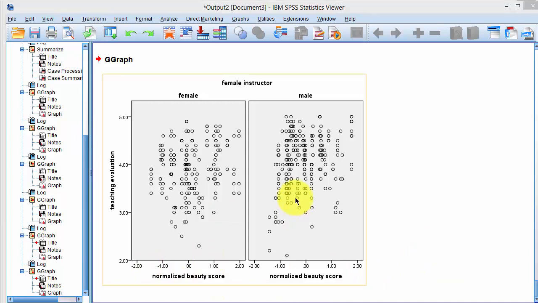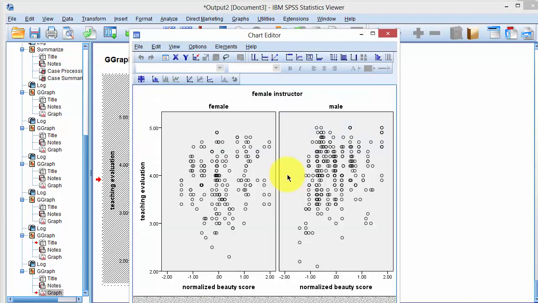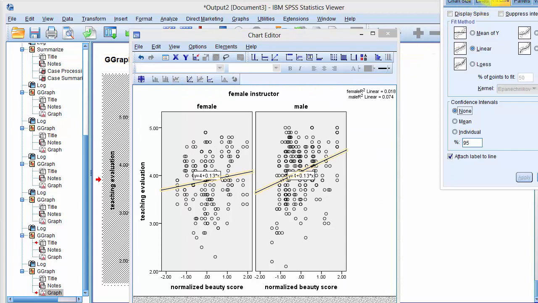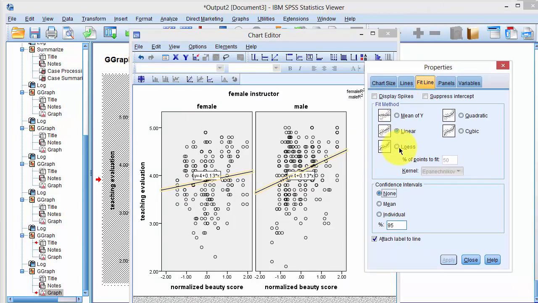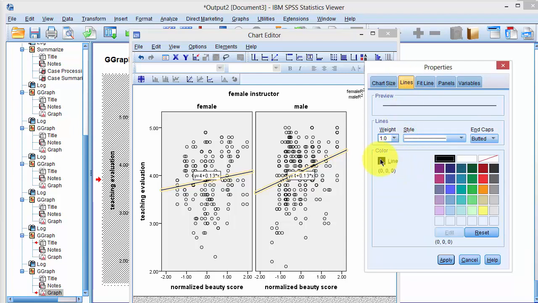In order to fit a regression line, we have to edit this graphic. To edit it, double click on this graphic and it will open up an editing window. I will select one of these options, so add fit line to total. So I click this. It opens up a dialog box. I select lowess lines, and then I can draw these, but I click on lines, pick a color of my liking. So I say line, red color, and I want to make it a little thick. So I say weight is 2, this type of line. Say apply, close